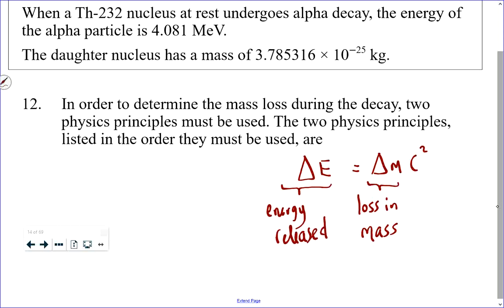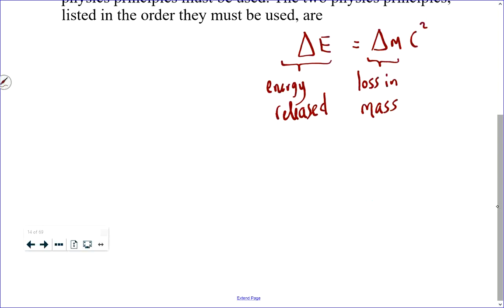And what that means is we need to compare the energy afterwards to any energy that there was before. But this thorium-232 nucleus is at rest. So in terms of what we would traditionally call energy, there's no kinetic energy there. The thorium nucleus is at rest, which is probably a lie, but it has maybe a drift velocity that's so small that it wouldn't affect anything, okay? And that means that this energy released will be the kinetic energy of the alpha particle that's spit out and the kinetic energy of the thorium nucleus after